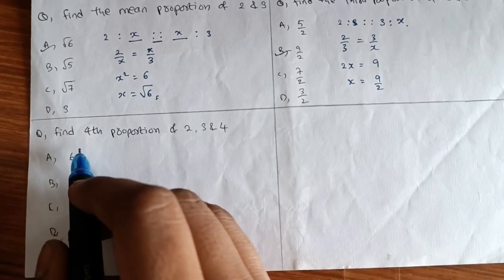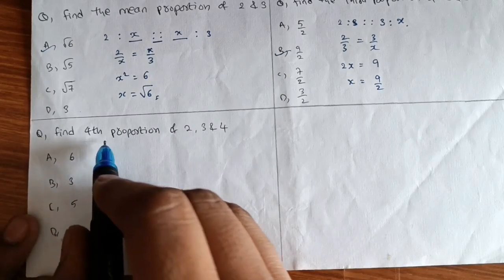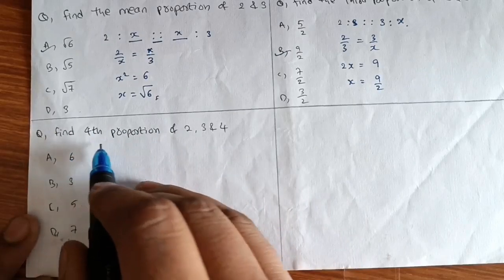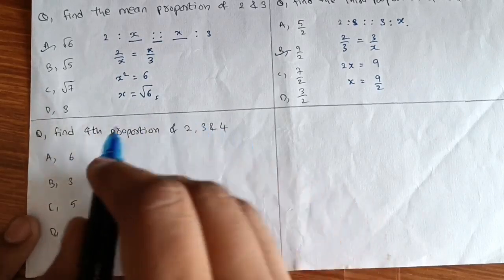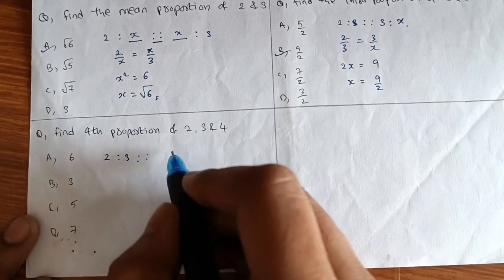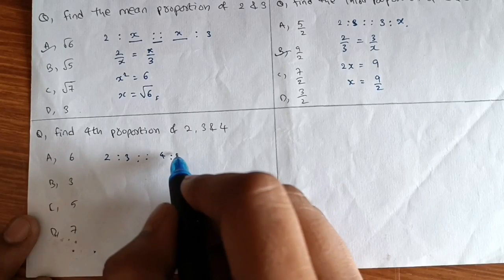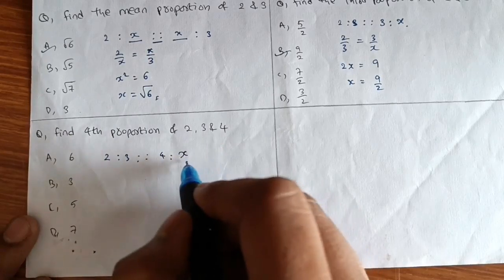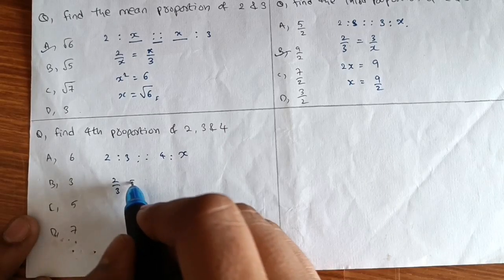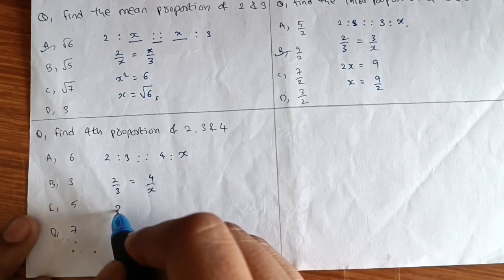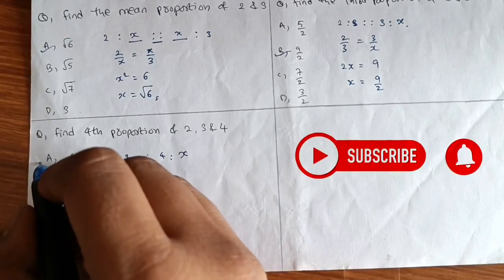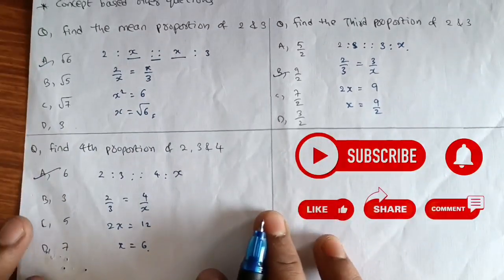Now let us see another type: find the fourth proportion of 2, 3 and 4. If the question is given like this, you need to write 2 is to 3, the same ratio as 4 is to x, using a variable x. If you write it like this, 2 by 3 equals 4 by x, then 2x is equal to 12, then x is equal to 6, which is option A. So this is all about the